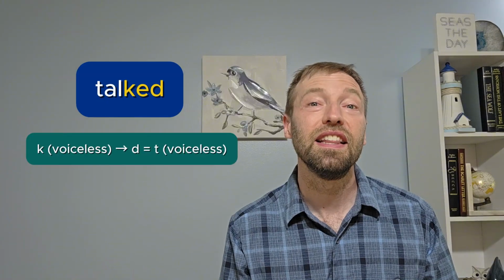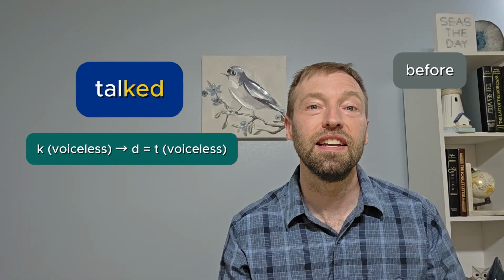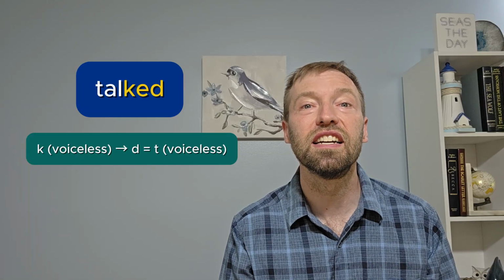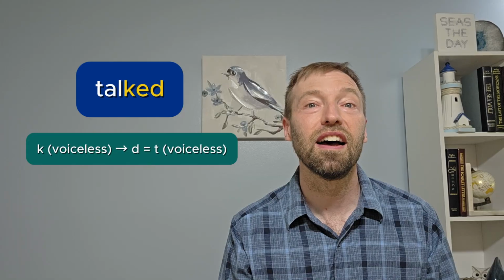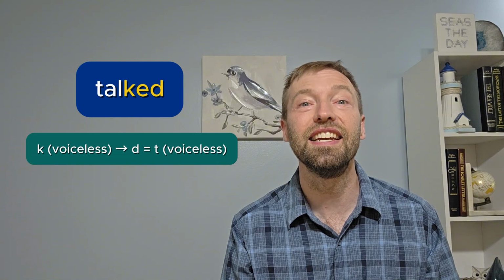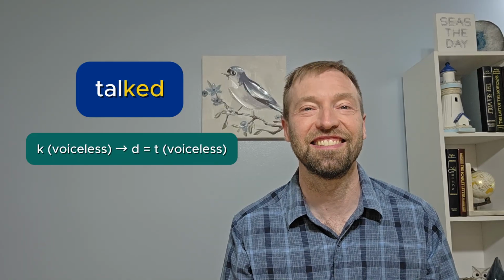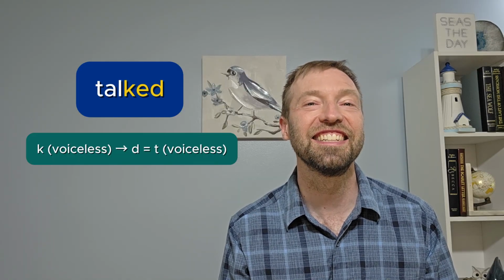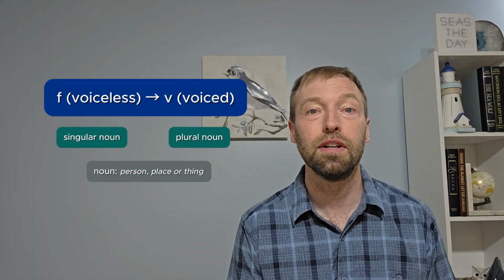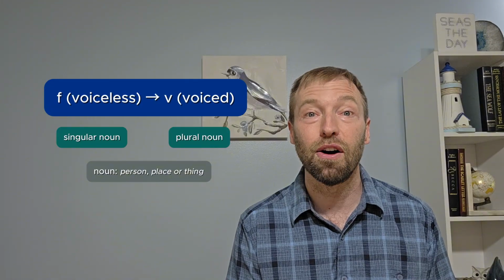In this word, the letter before the letters ED is K. The K makes a K sound. That's a voiceless sound. K. So the D is voiceless too. Talked. Finally, in some cases, the F sound, which is made with the letter F, becomes voiced when a noun